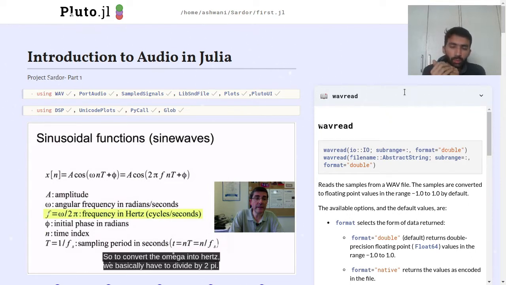And then we have UnicodePlots, which helps us to plot simple graphs mainly, and it's much lighter than Plots, so I use it. And then we have PyCall, which allows us to access Python packages from the Julia side, because sometimes the packages for a particular thing aren't available in Julia, so I use Python for that too. And Glob is used to create a list of files from a data set. I'll explain later why I'm using Glob. It's an important package that I quite like from both Python and Julia.